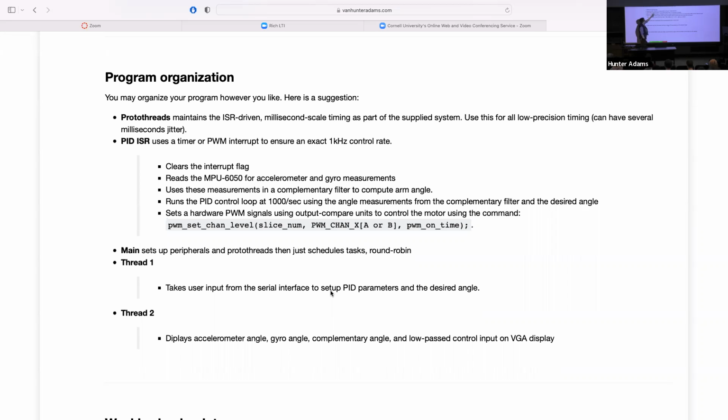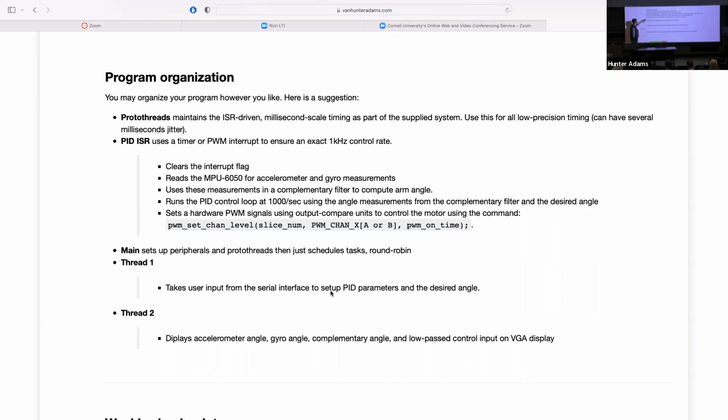You'll use those raw measurements as inputs to a complementary filter. I'm going to talk about this in some more detail today as well. But those are inputs to a complementary filter, the output of which is your estimate for the current position of the arm. You'll compare the current position of the arm to the desired position of the arm. The desired position of the arm, incidentally, is always straight up, right? So you'll look at the difference between where the arm presently is as compared to the vertical, and that's going to be your error, right? That's how far off we are from where we want to be.